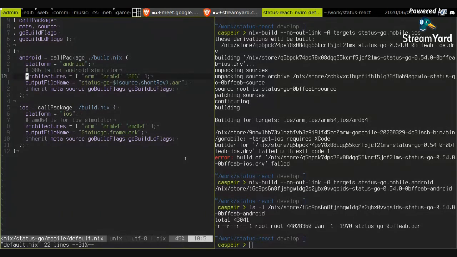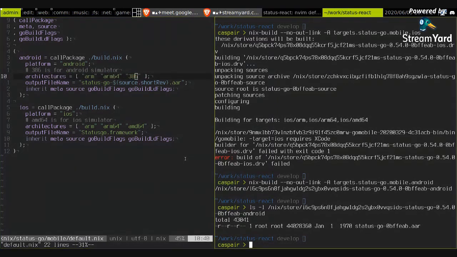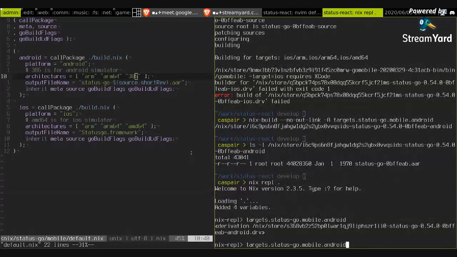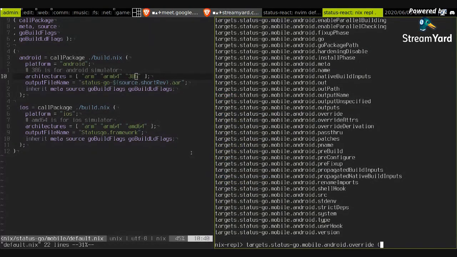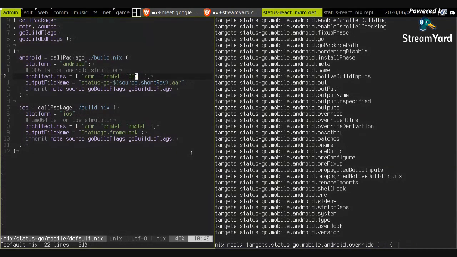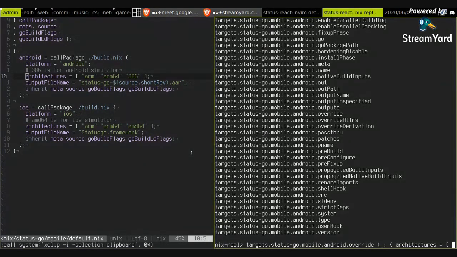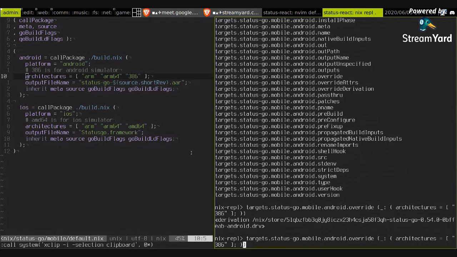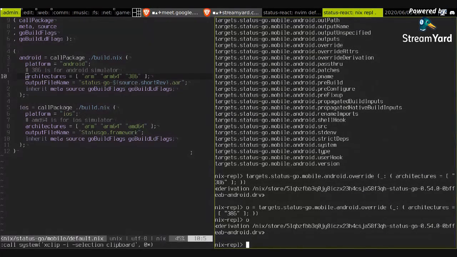So let's say we wanted to build the same Android status-go build, but only for 386, right? What we could do with nix repl, for example, is get the derivation, which would be targets.status-go.mobile.android, right? What we could do is override. This is an argument we don't care about. And we could do architectures equals 386. And now this should give me a modified derivation. So let's save it